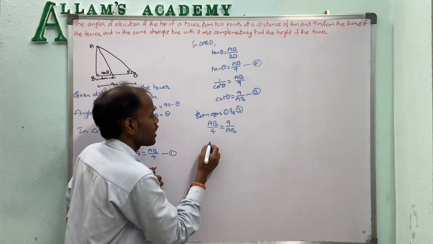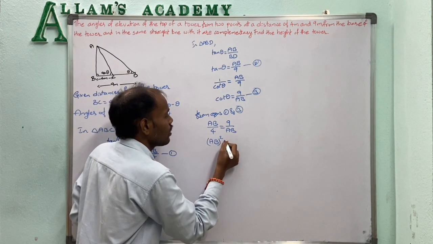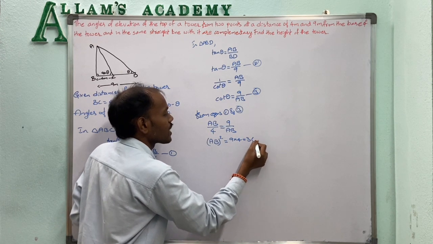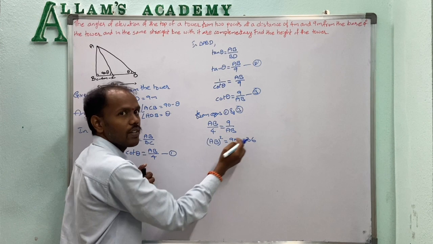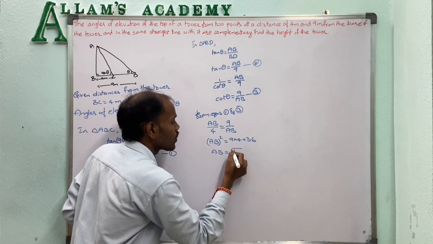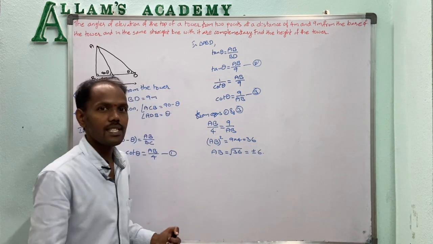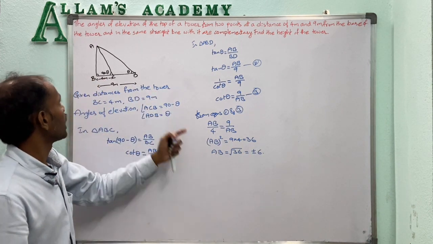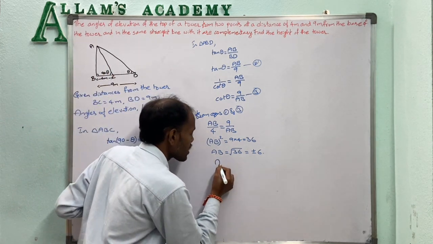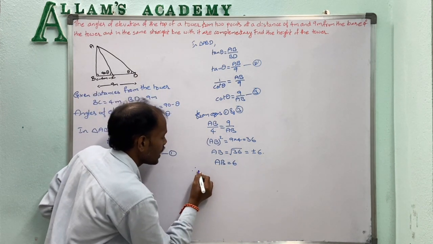By cross multiplication, AB into AB, that is AB whole square, equals 9 into 4, which is 36. So AB square equals 36, then AB equals root 36, which is plus or minus 6. But here AB is nothing but the height of the tower, so we will take the positive number only, that is 6. So therefore the height of the tower